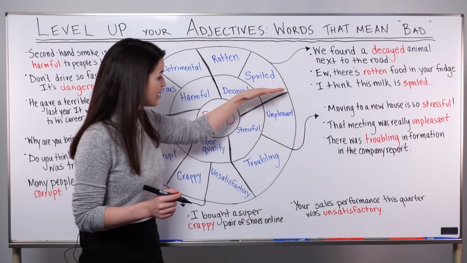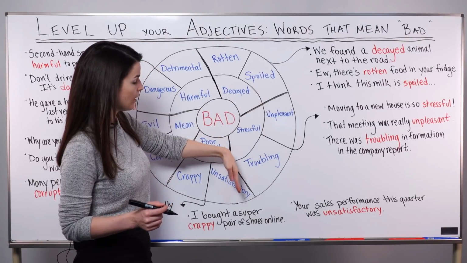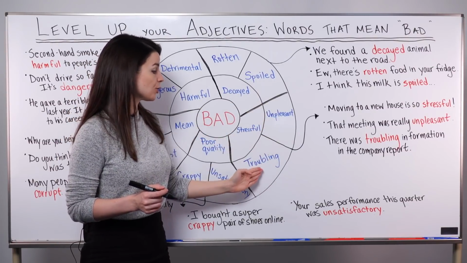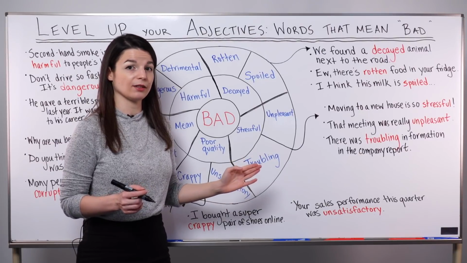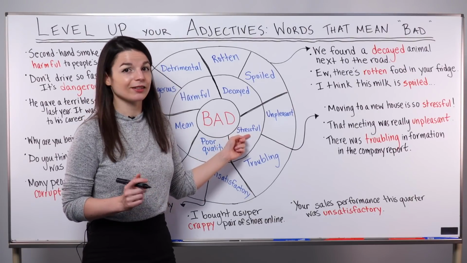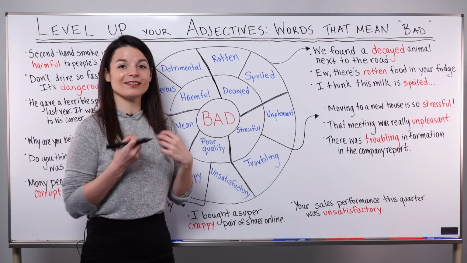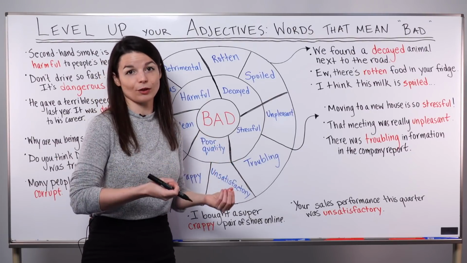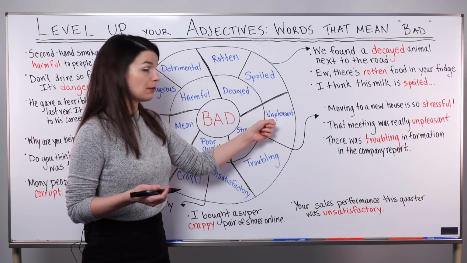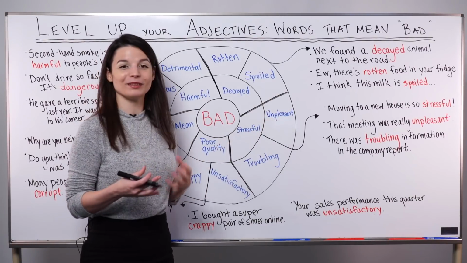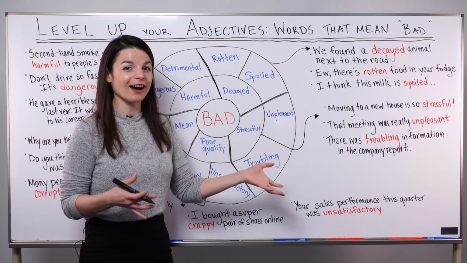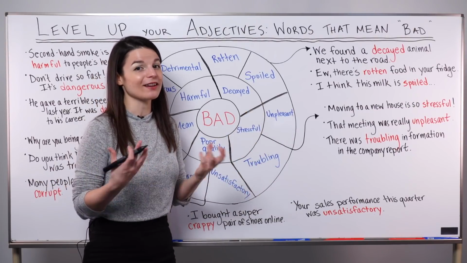Let's move on to this next part over here, these three words. The words are stressful, unpleasant, and troubling. Stressful, we see inside this word is stress. So something that causes us to feel stress is stressful. In this word, unpleasant, we see un meaning not and pleasant. Pleasant means a good thing, something we enjoy, but unpleasant means not enjoyable, something we do not enjoy.